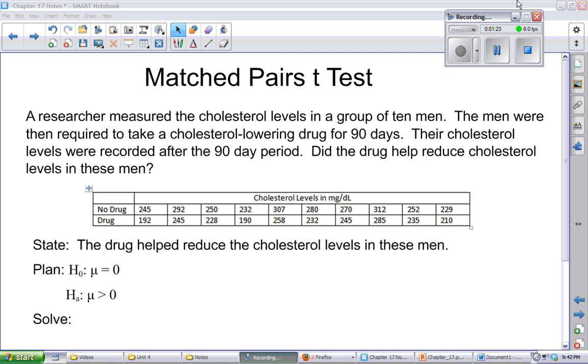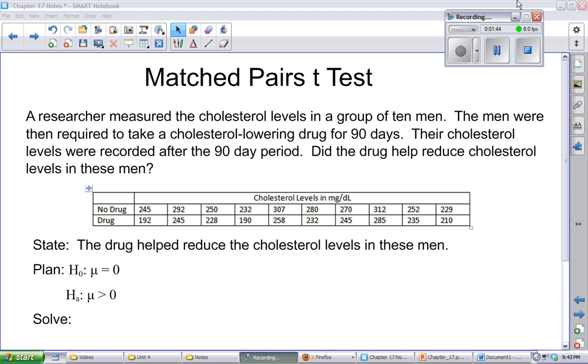Our state step is that the drug helped reduce the cholesterol level in these men. Our plan step is going to be a little bit different than those that we have done before. A matched pairs t-test is looking at the differences between the two columns. So you want to determine if, when you take sample 1 minus sample 2, are you expecting to get a